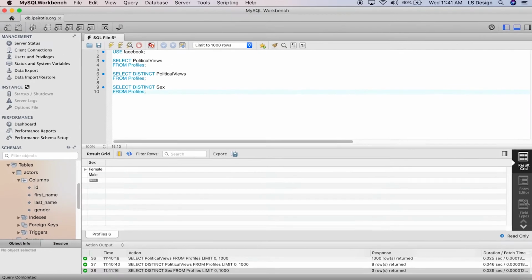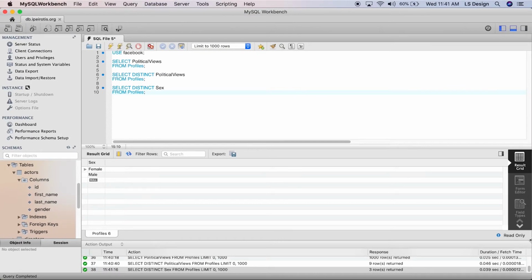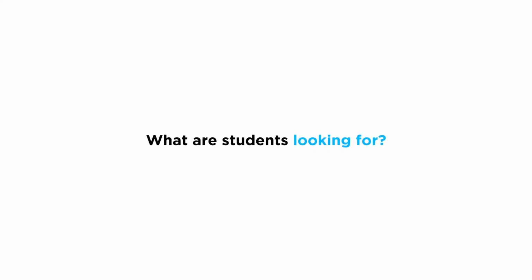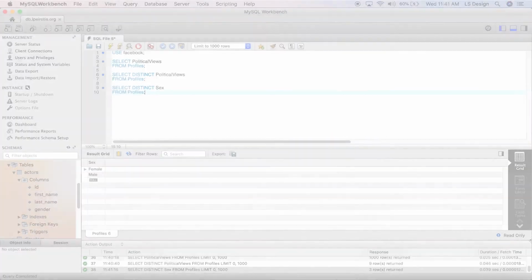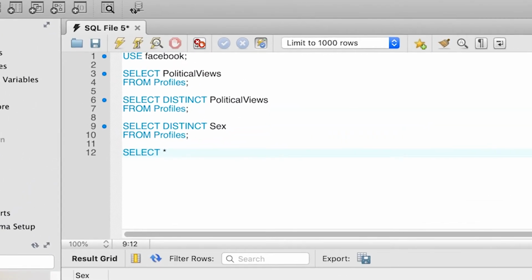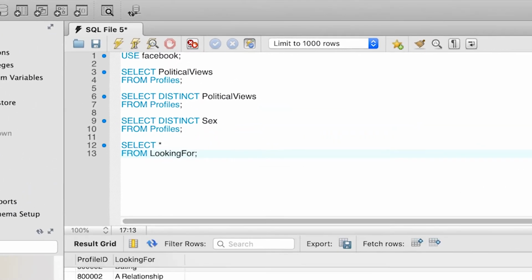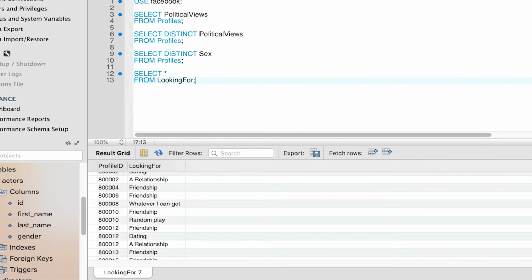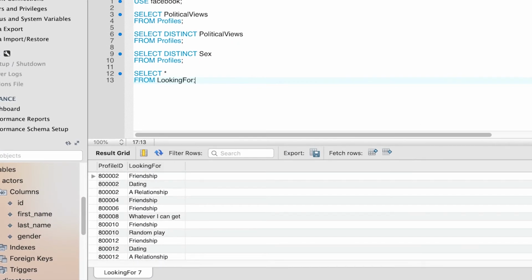One more example so that we can familiarize ourselves with the Facebook database. Let's examine the looking for table and find all the possible things that students are looking for. Our initial query is select star from looking for. This query returns the profile ID of the student and what the student is looking for: friendship, dating, relationship, and so on.